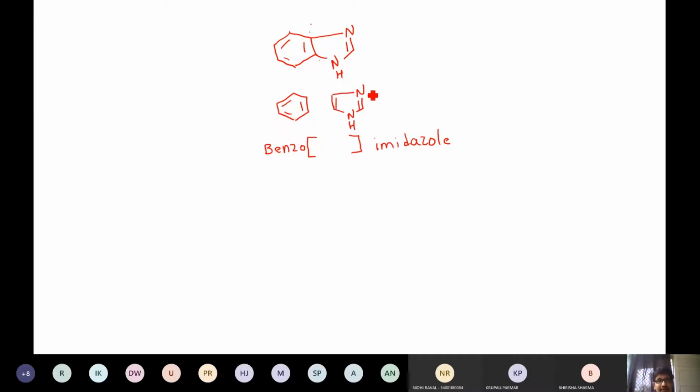Is that correct? But fortunately for you, in whatever way you go, this bond or the bridge is always going to get alphabet D. So wherever you start, you can start here or from this nitrogen, it is always going to get alphabet D. So it is benzo D-imidazole. And what is missing now? Position of hydrogen. So again it is 1H. So draw the heterocycle again.